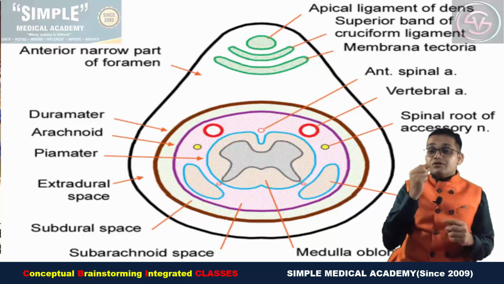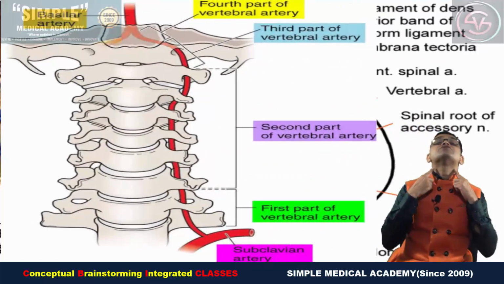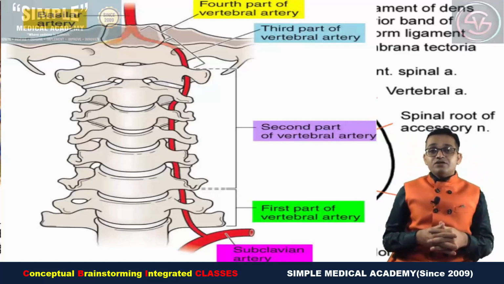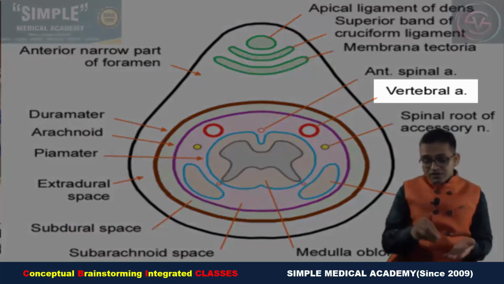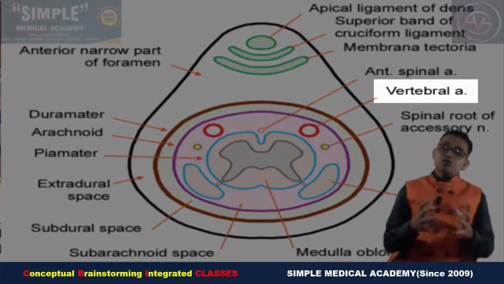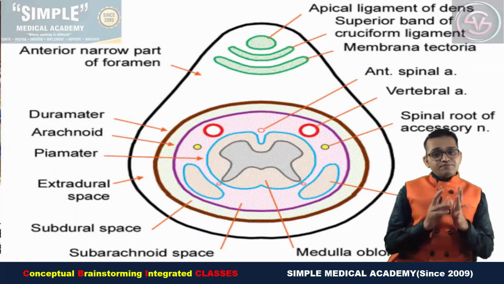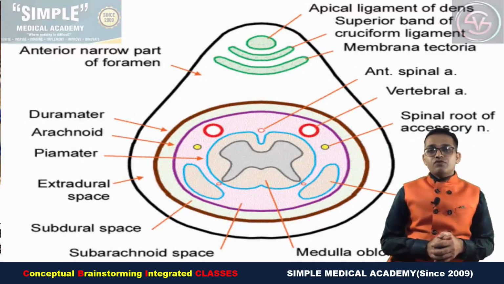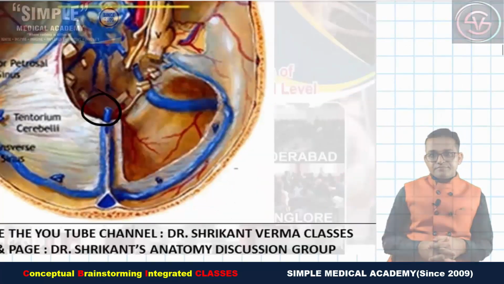Now as we know, the vertebral artery, which is the branch of the first part of the subclavian artery, ascends and passes through the C6 to C1 transverse foramina, then passes through the suboccipital triangle, then enters the intracranial cavity. To enter the intracranial cavity, again it has to pass through this foramen magnum. So the foramen magnum also passes the vertebral artery. Yes, the spinal cord is supplied by the anterior spinal artery and the posterior spinal artery, which also pass through this foramen magnum. So these are the various structures passing through the foramen magnum.